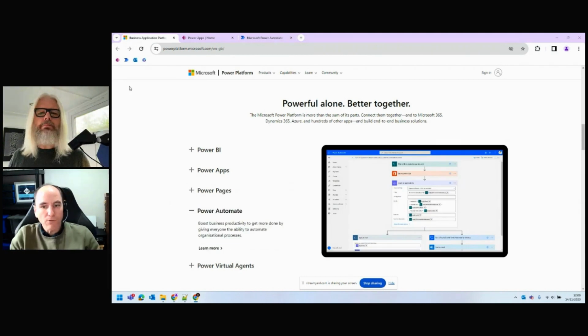So next up is Power Automate, and this is one of the main parts that I use as well. Really, Power Apps and Power Automate are probably the top two that I use the most. And again, many parts of these can work together or standalone. So the Power Automate is really where you can build up, using this graphical designer, if you will. Again, lots of drag and drop. You can actually automate tasks or make things go through approval processes, and lots of other options available as well.